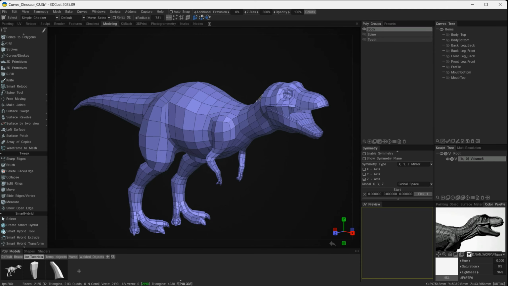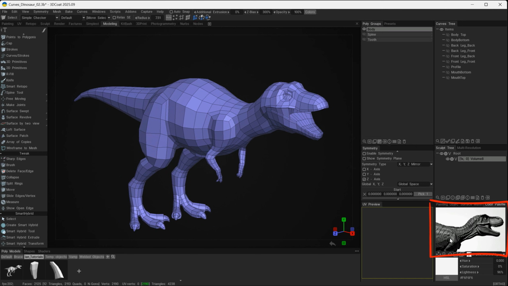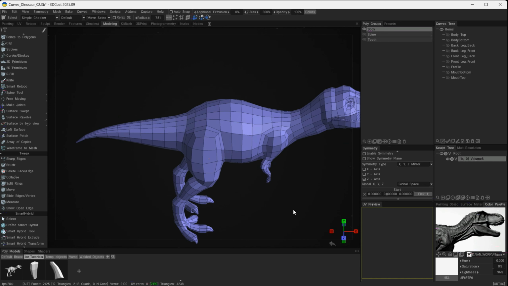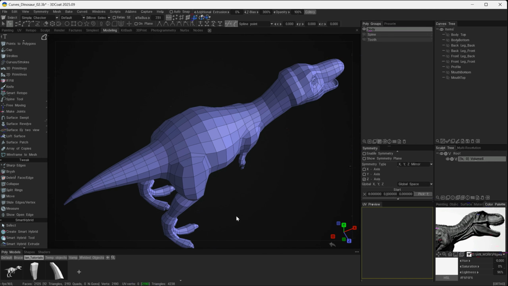So now we have our dinosaur model almost complete. If we look down here at the reference, we can see we have some extra details on the spine, and also obviously we need to create some teeth. We'll start by looking at curves again, only we won't generate curves from our normal tools that we've been using